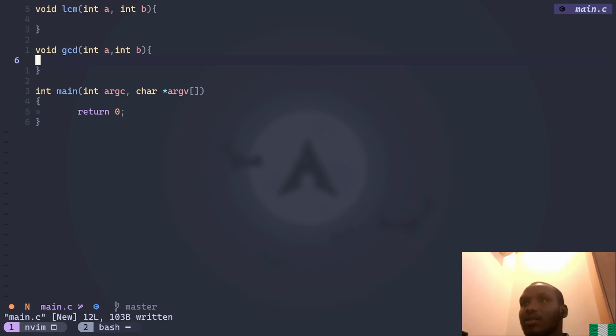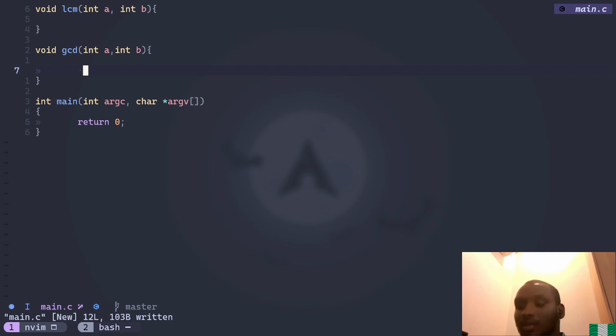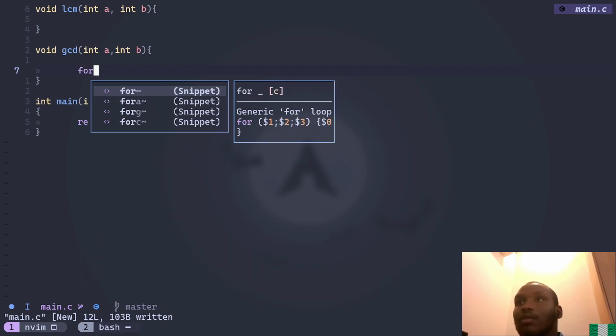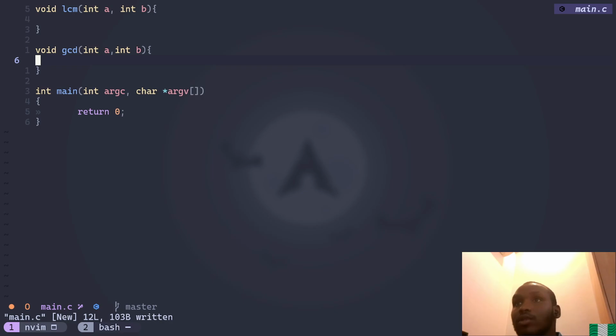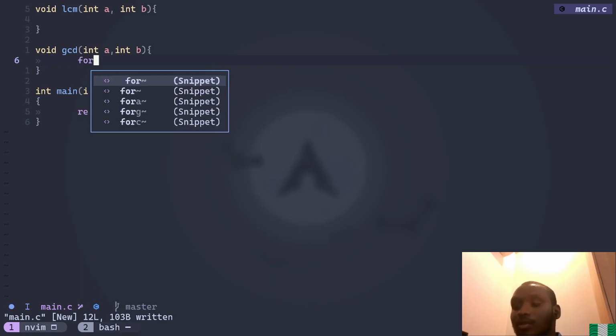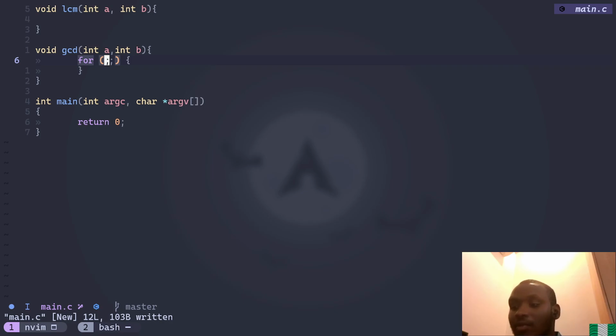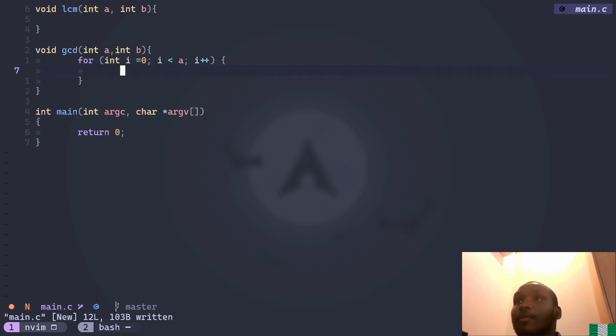I was thinking maybe... or... maybe... or, and i is equal to 0. i is less than a, and I don't know if this would work, but let me see. I want to try something. i plus plus, so I will get the